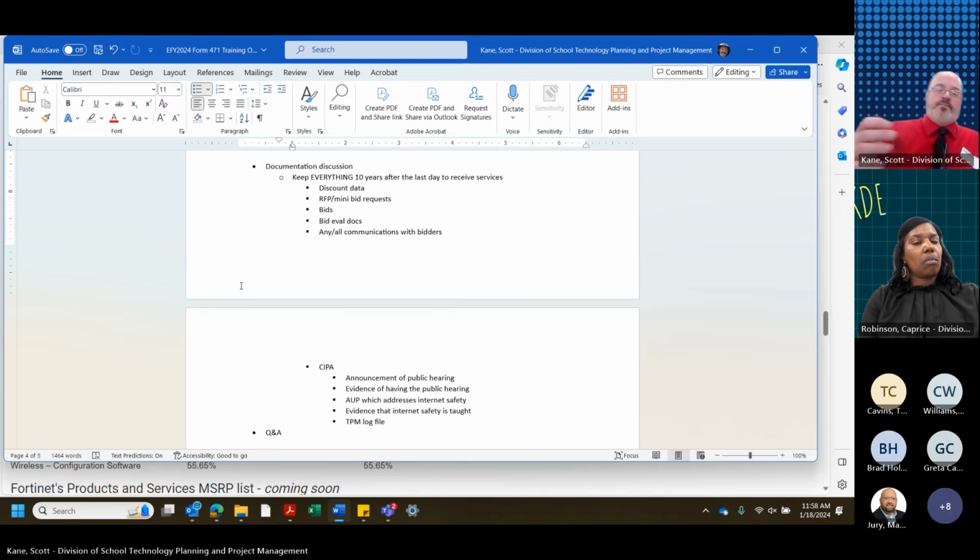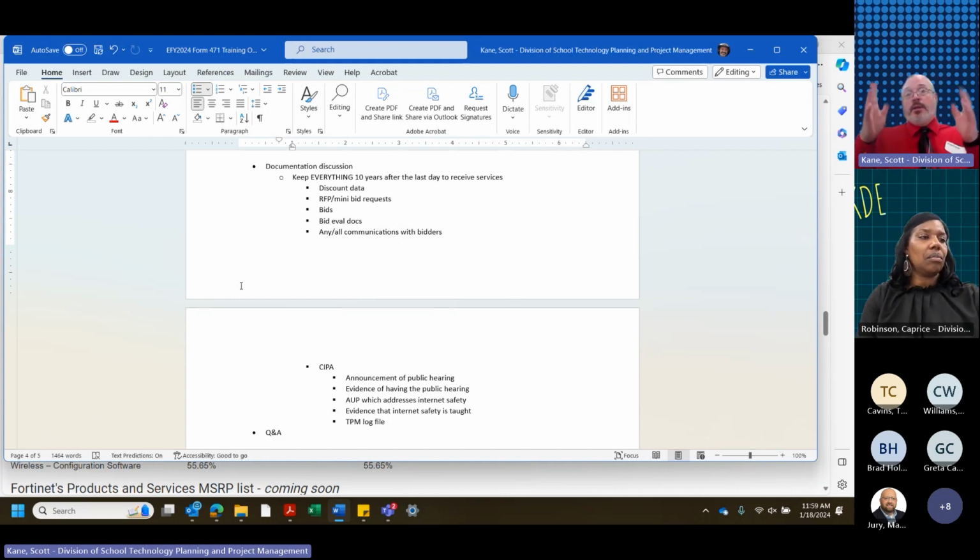The district also must have an AUP which addresses internet safety. You also have to have some sort of evidence that there are things about internet safety that are taught to the kids. And then you also have to have the technology protection measure in place. This is where we talked about having your buses rerouting back through some sort of content filter.